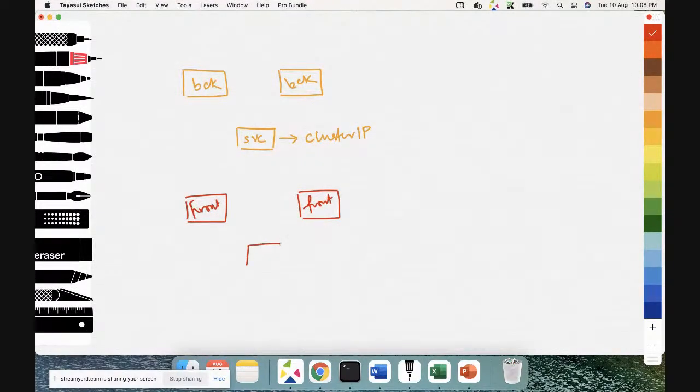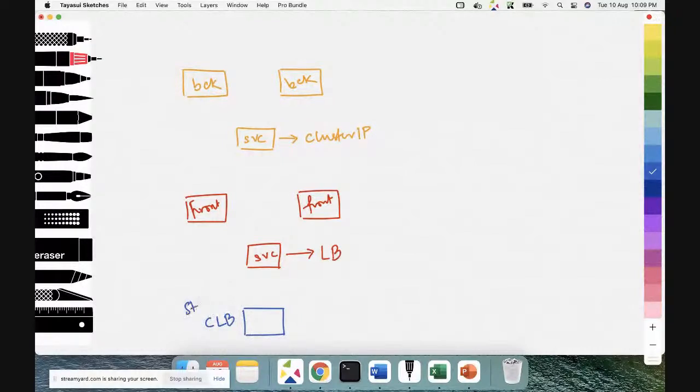For that also, I'll create a service. But this service needs external connectivity. So I will create a service of type load balancer. This would go ahead and create a cloud load balancer, a cloud standard load balancer. And whenever this load balancer receives the packet,